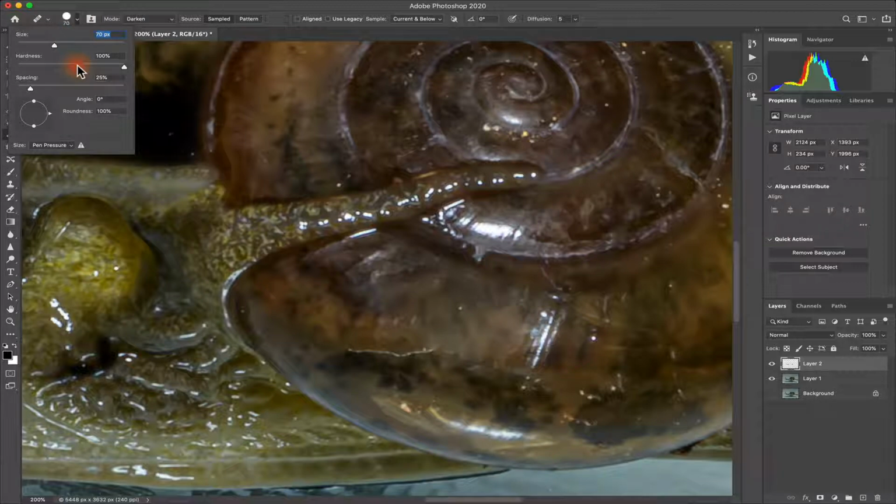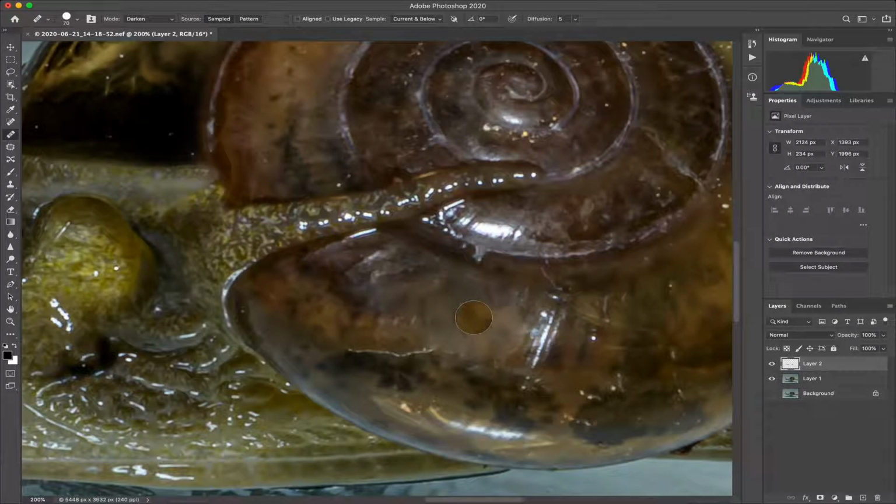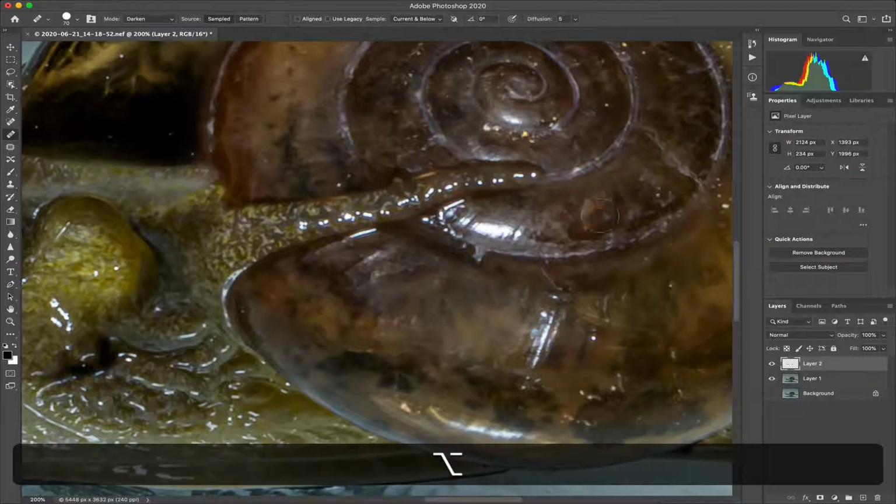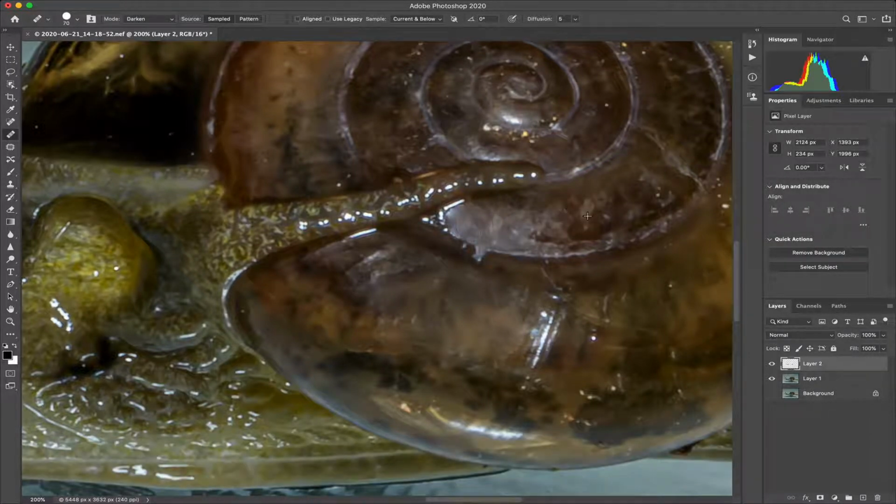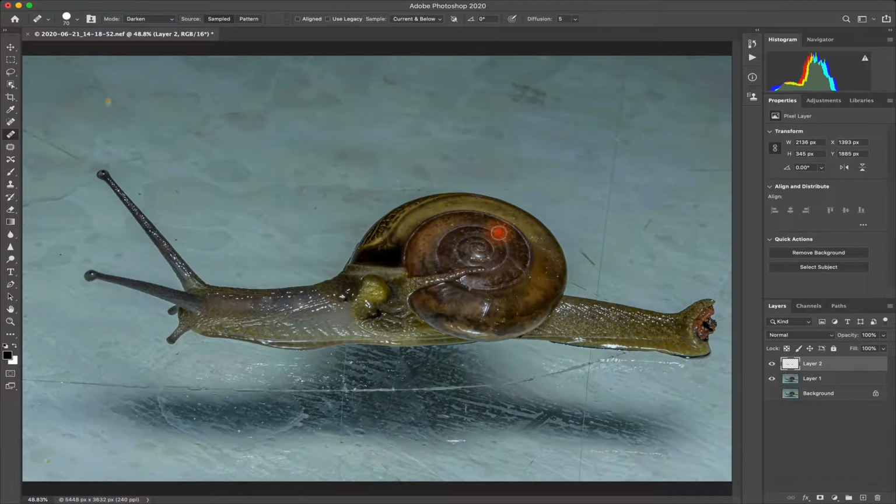So the hardness here is 100% for the brush for now. We can change all of this as needed. You can take a different source for this one and brush over this. Let's fit the image, and you can see, as long as you pick the right kind of areas to replace with, that works.